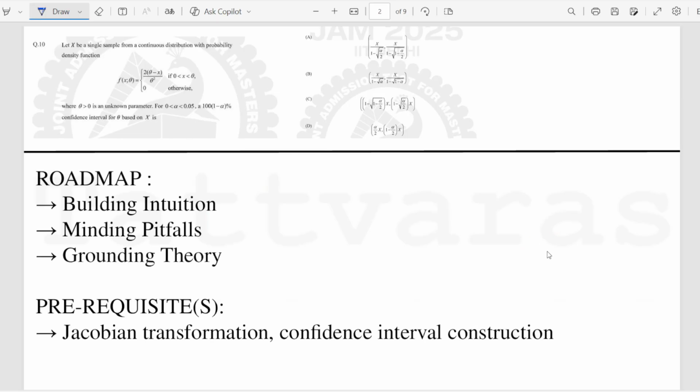Let's get started with this question on computation of a confidence interval for the given parameter associated with this distribution. We'll see that an inherent Jacobian transformation and the construction naturally of confidence interval, these would be the prerequisites. Now,